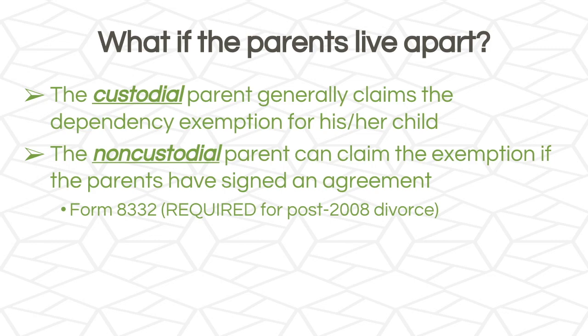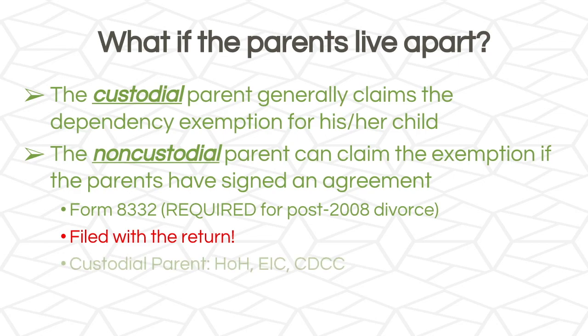There are also some other divorce agreements that are allowable if it's pre-2008. So this form actually has to be filed with the non-custodial parent's return if that non-custodial parent is claiming the dependency exemption. And the custodial parent will fill out and sign the 8332, and then the non-custodial parent will actually